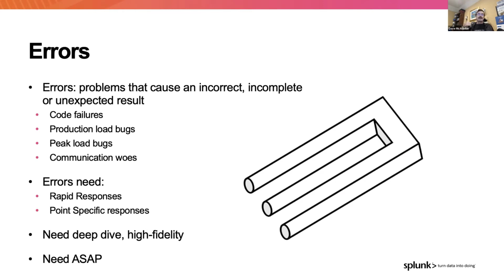Errors require incredibly rapid response. They also usually require very point-specific response. And so you need the ability to do this deep dive, high fidelity, and you need it as soon as possible. A Google study in, I think, 2017 showed that you lose everybody